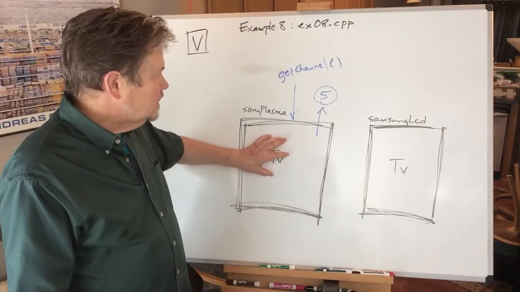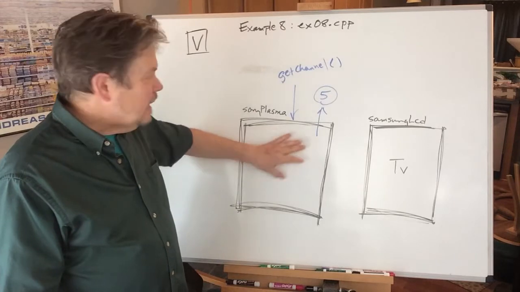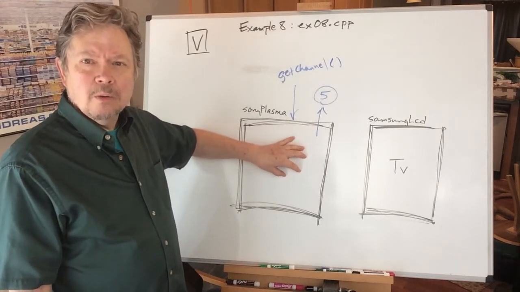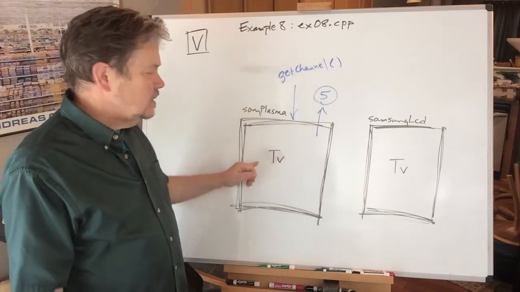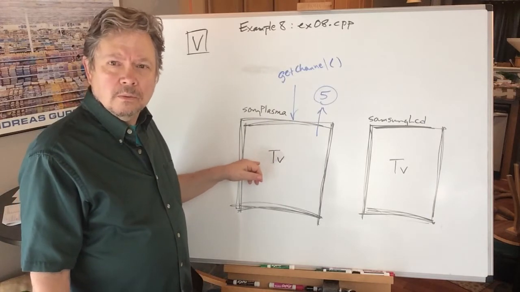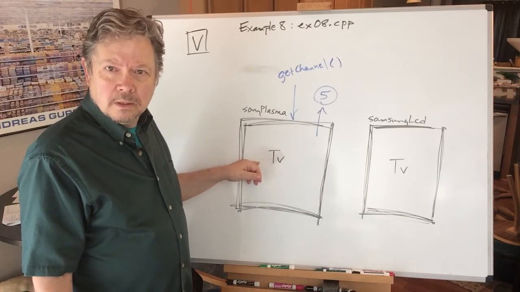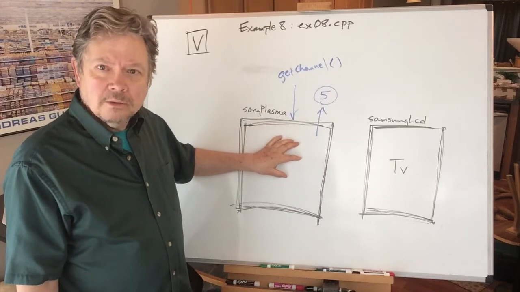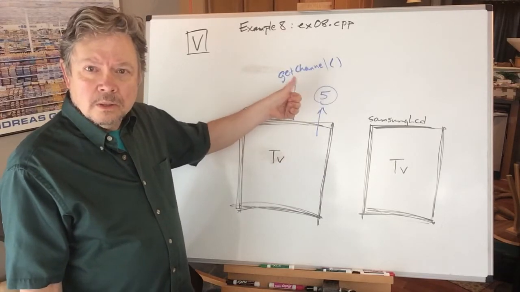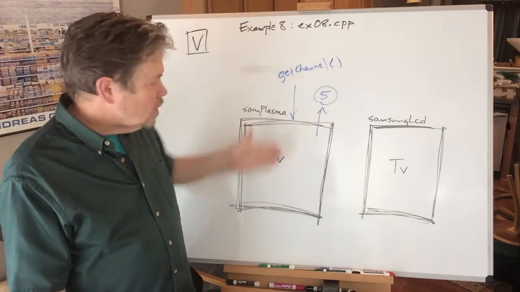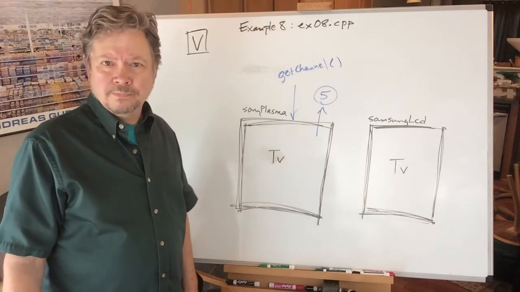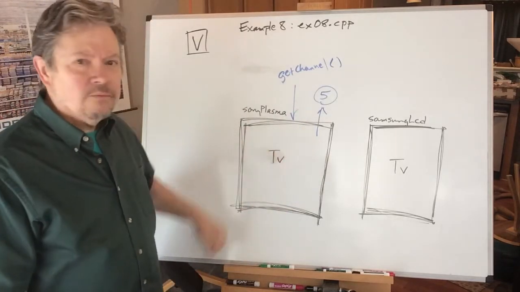The TV object, how do we do it? How does it get the channel? That is none of our business. If we were to try to ask the TV object that, it would say, worry about yourself. It's not your business how I got the channel. Here's the channel. Shut your mouth and print it out if you want to, but don't ask me where that came from. It's all the business of the TV object,